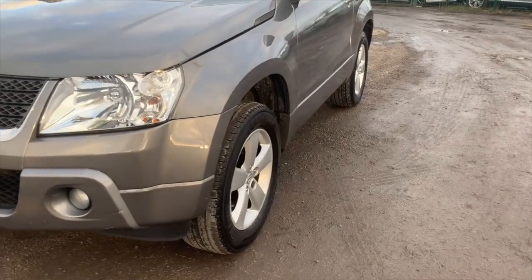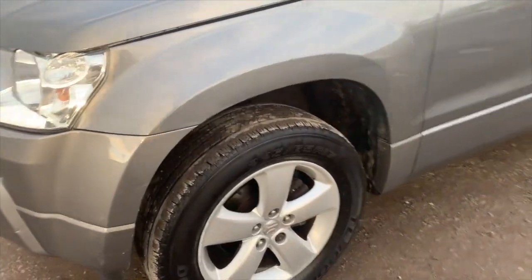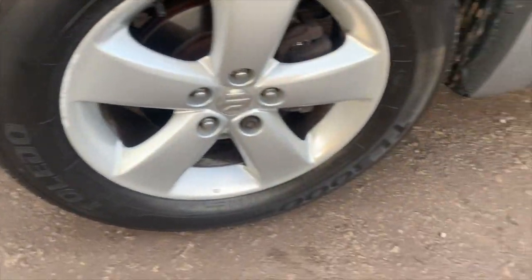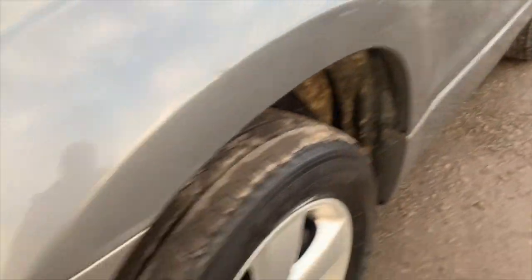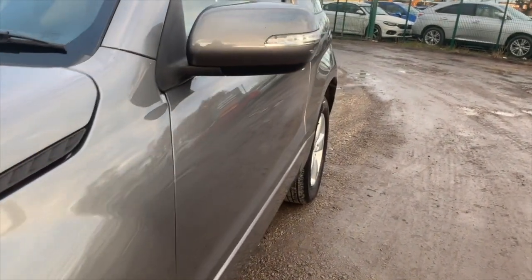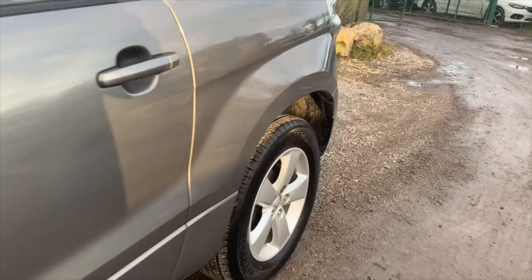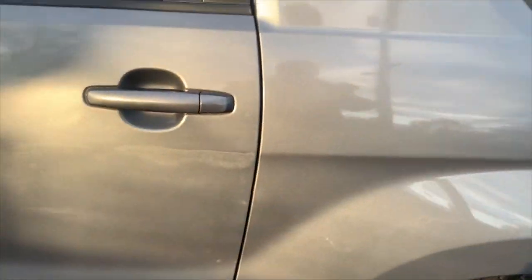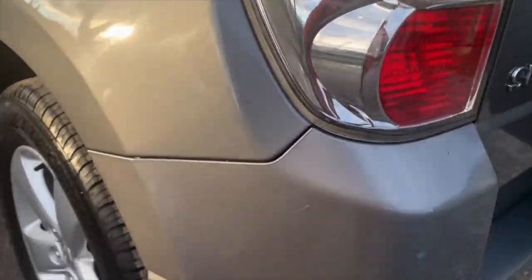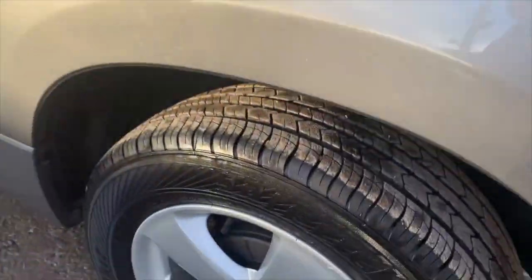So what we'll do is take you around the outside of the car, taking you to the inside. The tyres are all in absolutely super condition, as the alloys are. Taking you down the line of the car. There's no supermarket trolley dents. The tyres look nigh on new, to be fair. Taking in the roof line